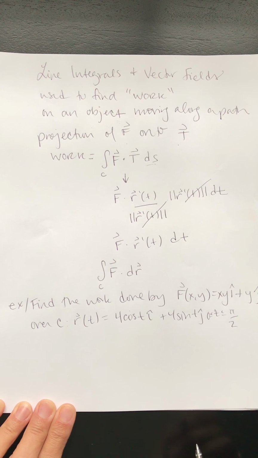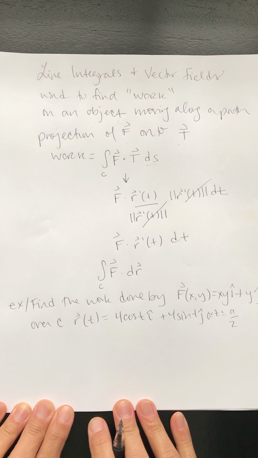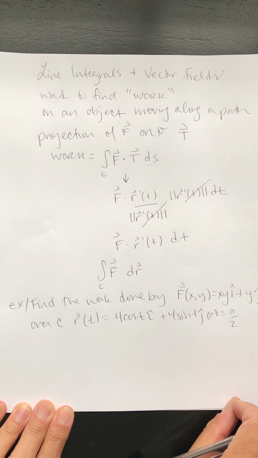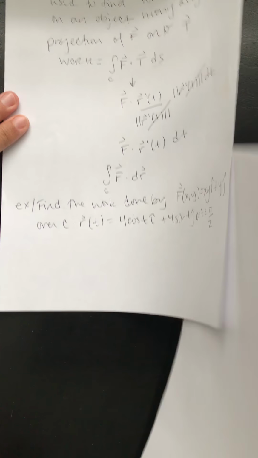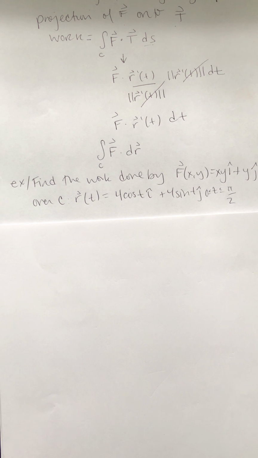So this should look a little bit like the example that we did this morning, so it should feel familiar to you. In order to find the work done by F over this curve, we're going to have to